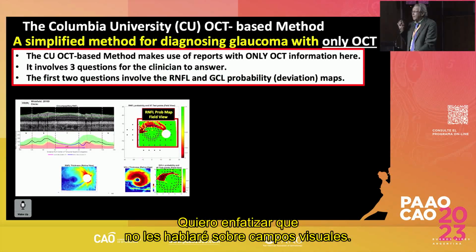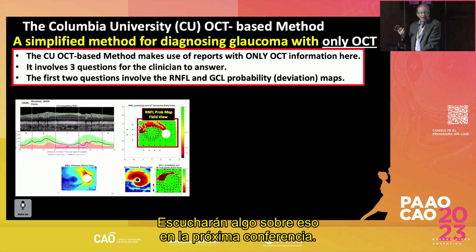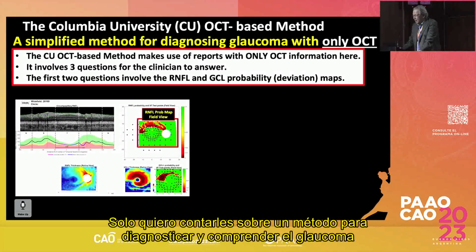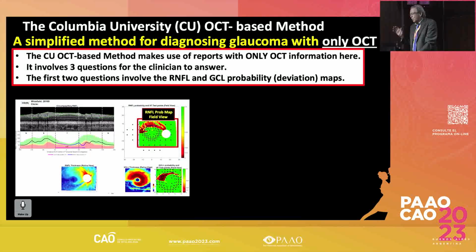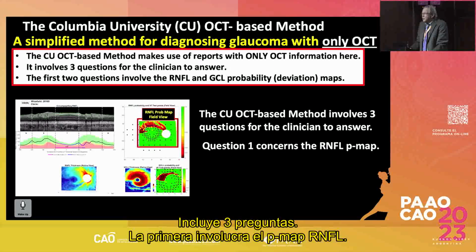All right, now I want to emphasize, I'm not going to be talking about visual fields today. You'll hear some about that in the next lecture, because I'm going to just tell you about a method for diagnosing and understanding glaucoma based upon only the OCT. All right, so it involves 3 questions. The first question involves the retinal nerve fiber layer probability map,